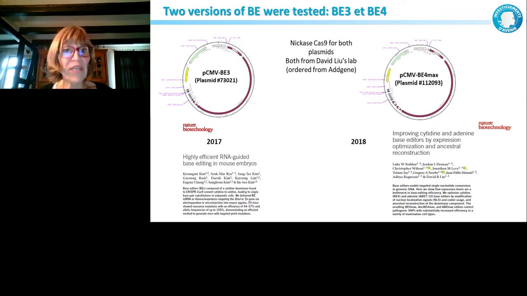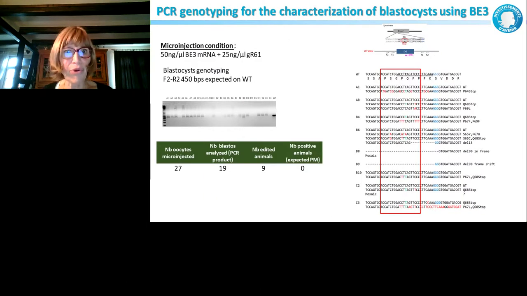So what we did, we ordered from Addgene the plasmids coding for BE3, cytidine deaminase version 3, and cytidine deaminase version 4, that were published, one in 2017 in Nature Biotechnology, the other later. They didn't test that in vivo, they just tested it on cells, but it was published and they say this base editor 4 is better than the base editor 3, the third version.